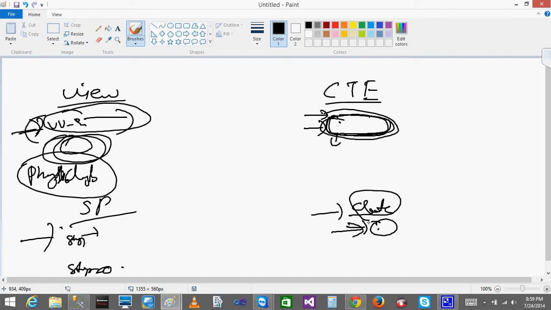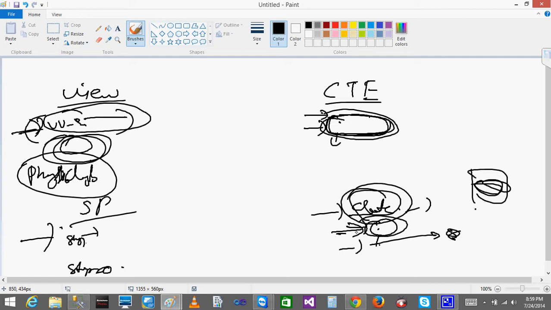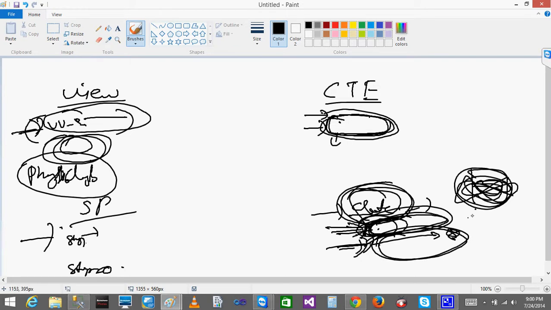In the next step only can you use that one, and after the next step, whatever CTE you have created, the entire thing will be erased. When you create the CTE, a space is allocated, and the query results will be stored in that space, and immediately after that CTE you will be using it. If you don't use it, then what is the use of creating a CTE, right? So definitely you will be using it for some purpose, so you need to use it immediately. Once you go to the next step, the space will be deallocated. In the next step the system will not understand what that name is, because it is not there in the database.